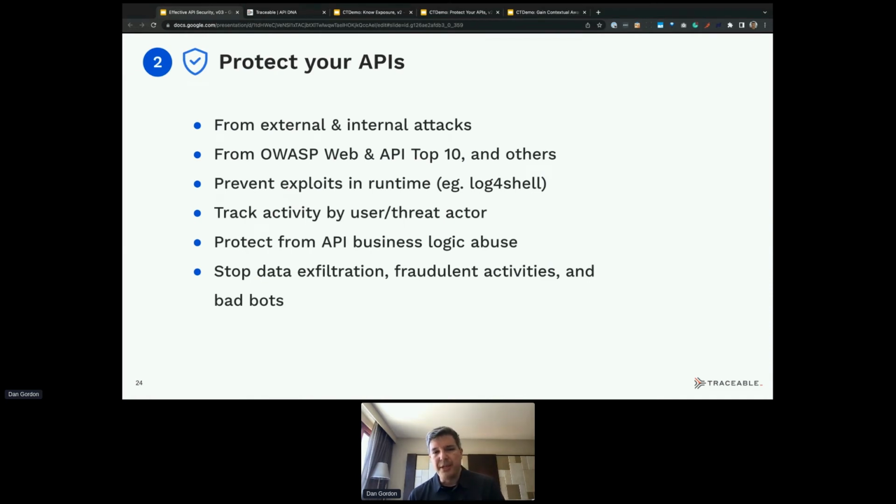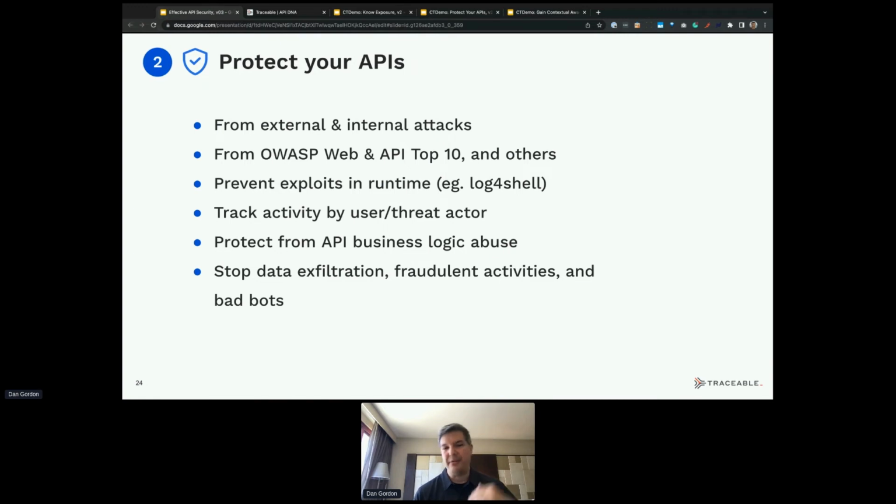We also want to be understanding the activity of threat traffic that's happening, which is very valuable if you can do that for more than just an individual attack. So Traceable actually does that by looking at the authenticated users to the application. We call them threat actors. If they're not authenticated, we track them by whatever information we have that we can align to those users, or just by IP. And what this enables us to do is really reduce the noise of the attacks and show you the timeline of the threat actor within the application.